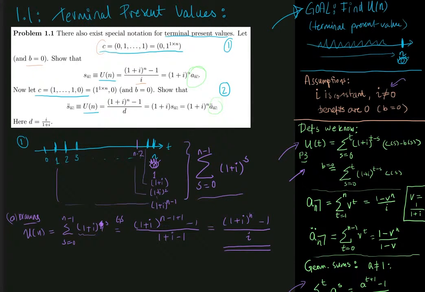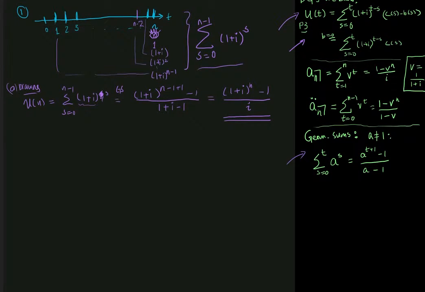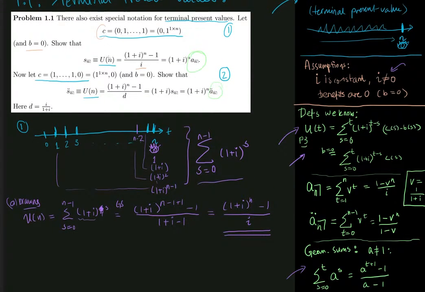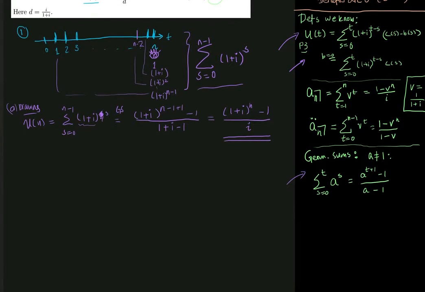Okay, problem 1-1. On this piece of blackboard, I've just shown how to find the terminal present value u of n in case 1 over here by drawing the payment stream. Now, another way we can find u of n is just quite rigorously